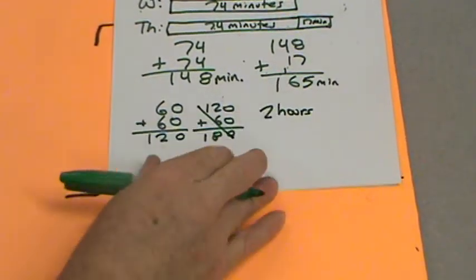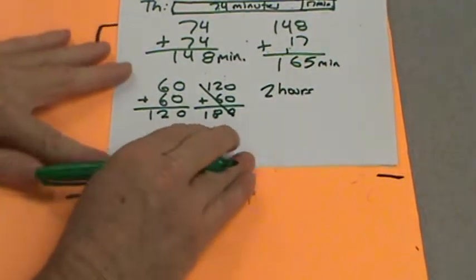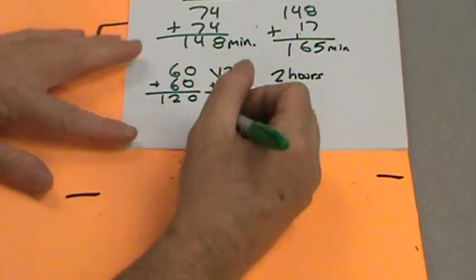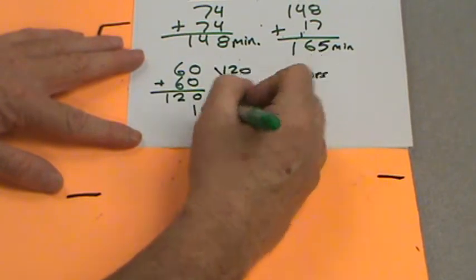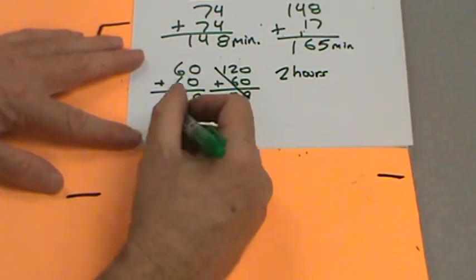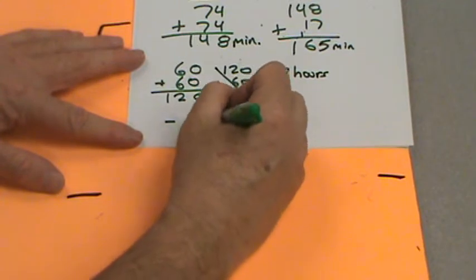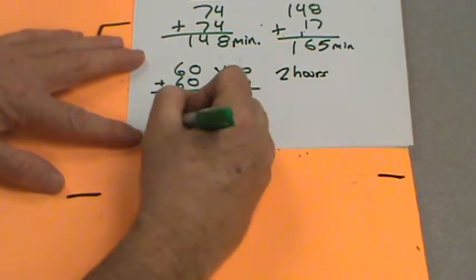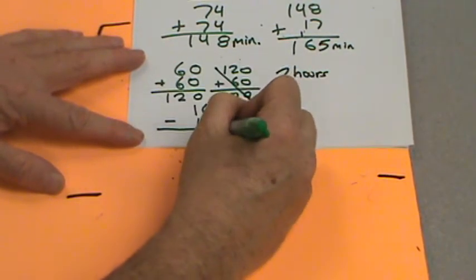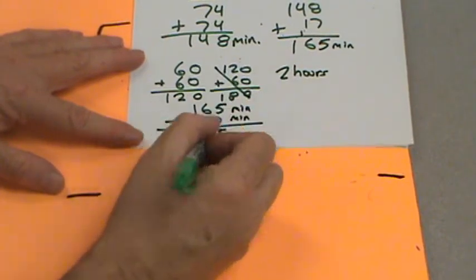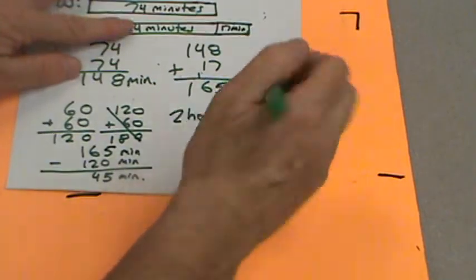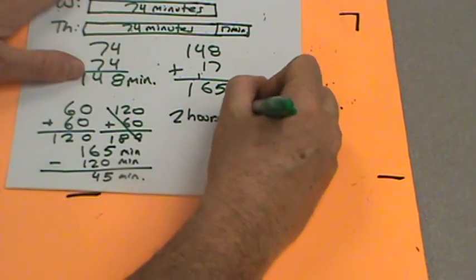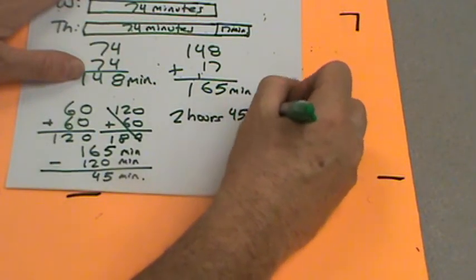How are we going to figure out the minutes? We got to do a little subtraction. But Mr. Leggett, you said we would just be adding. Well, I said wrong. 165 minutes minus 120 minutes. 5 minus 0, 5. 6 minus 2, 4. 1 minus 1, 0. So our good friend John read 2 hours and 45 minutes